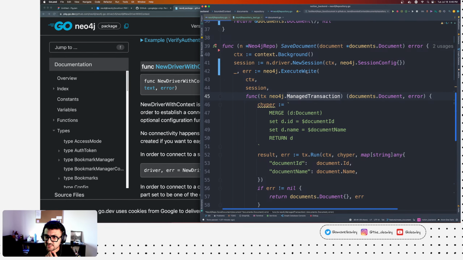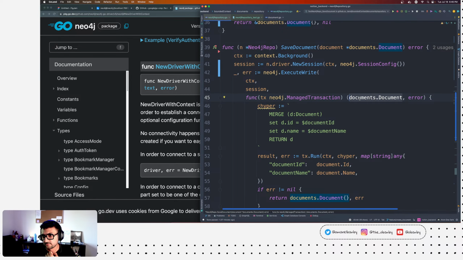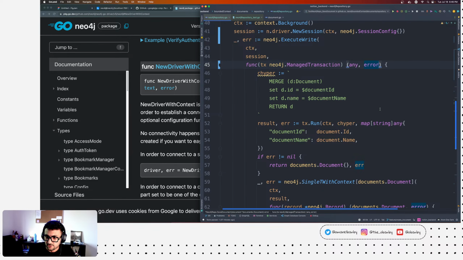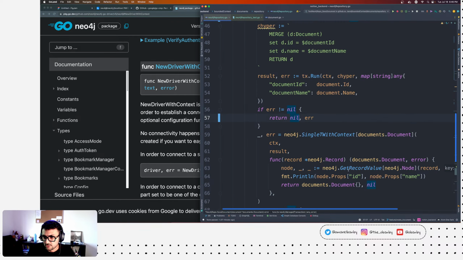In the managed transaction, I'm saying I'm going to return a document and an error, but I don't really need the document, because I'm only returning an error, if anything were to happen. I'm just going to say any and error, but now I don't really need to return this at all. I can just return nil.